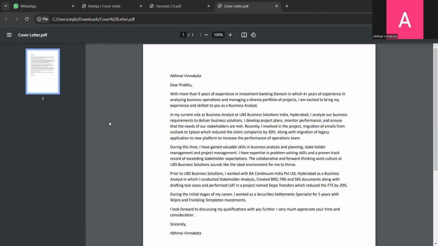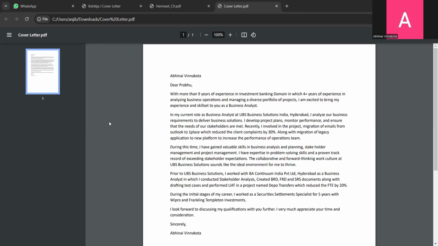I mainly handled pre-matching, which means before matching the trade. We have a few points to agree with counterparties, like what they know and what we know, in terms of quantity, cash, trade date and settlement date. If you do any trading, these are what is required, whether they are matching or not. These are the activities that I did before moving to BA.